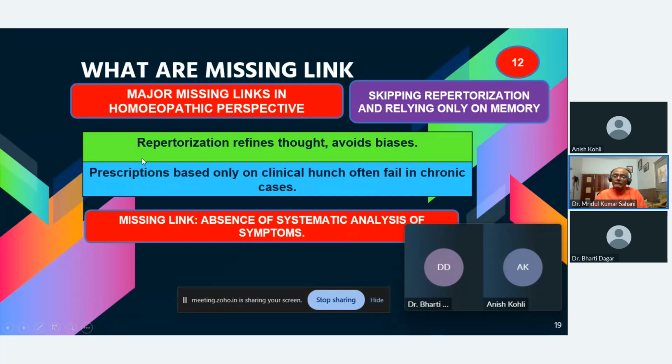Then many a time we try to prescribe medicines without using the repertory, because it takes time, and depend only on memory. Your memory is always incomplete without the repertory, because no medicine can be memorized in a full sense. Each medicine represents thousands of symptoms, and no human brain can incorporate all those symptoms into the mind.